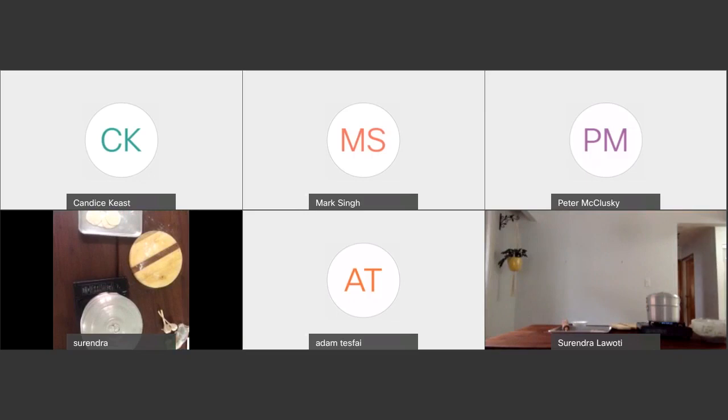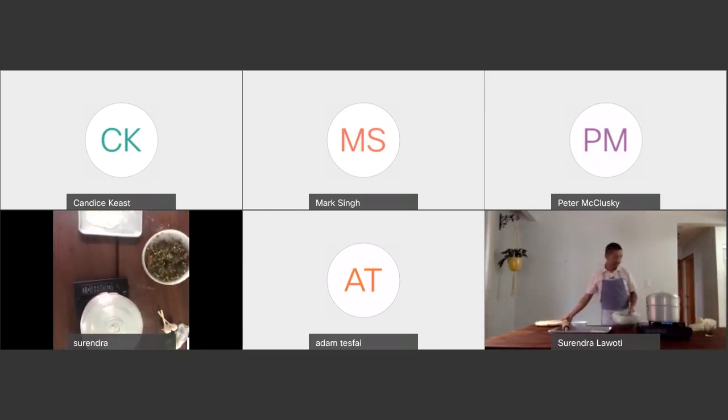I noticed the very beautiful two heads of Ontario garlic just sitting casually off the corner of the screen there. Nice placement there, Chef Surendra. Yeah. But this is the garlic from